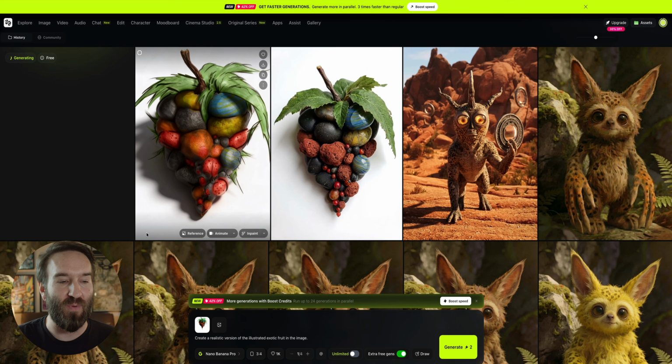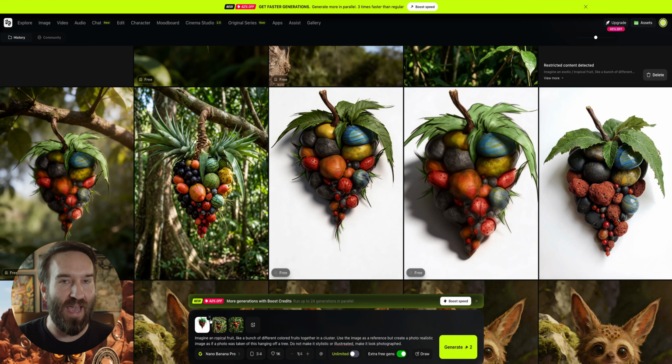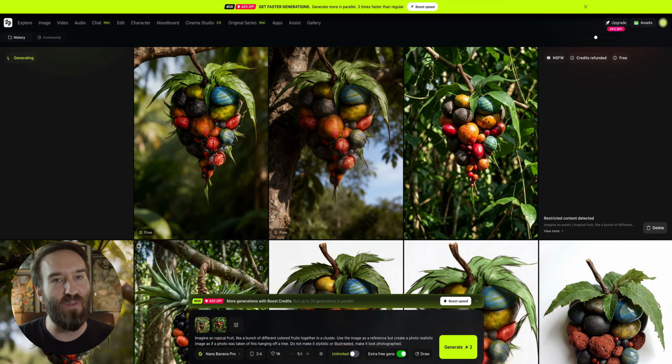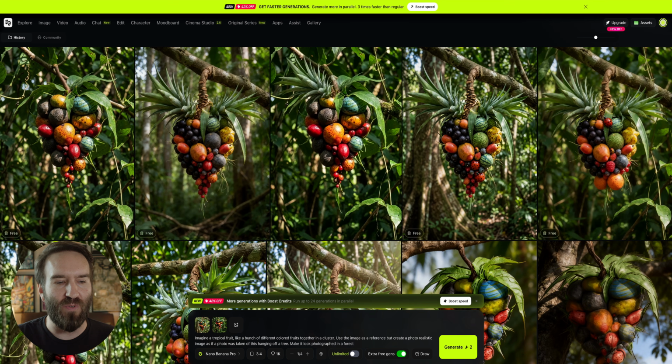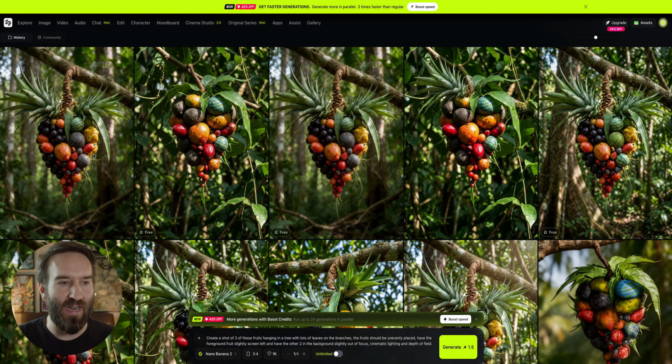My first attempt at trying to recreate this was to plug in the original sketch that I had, and the first iterations it was giving me looked a lot like an illustration or something, even though I told it to try to make a photorealistic version of it. So I went back in and reprompted some things. I messed with some of the angles and lighting, and I just kept regenerating it until I got something that looked kind of interesting.